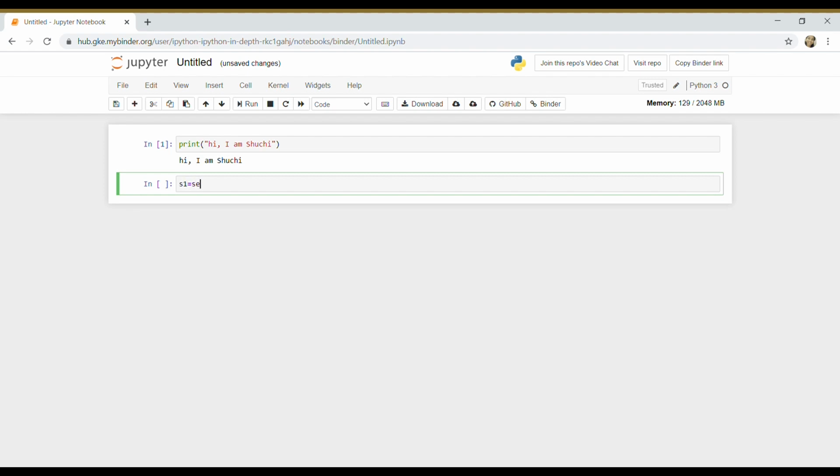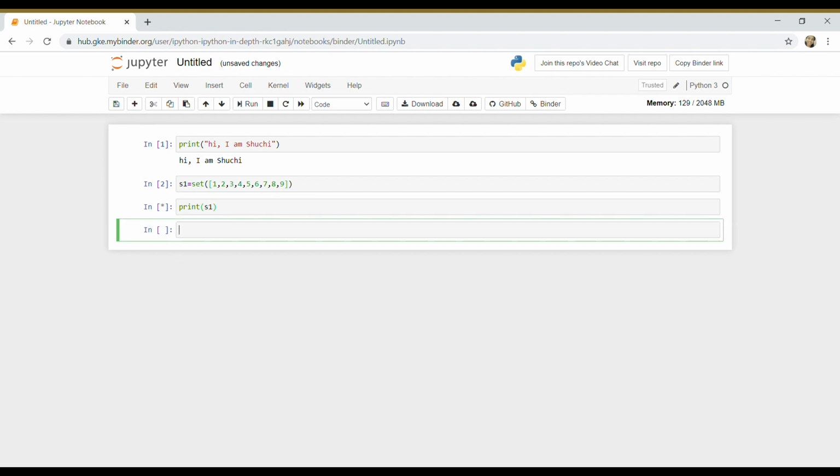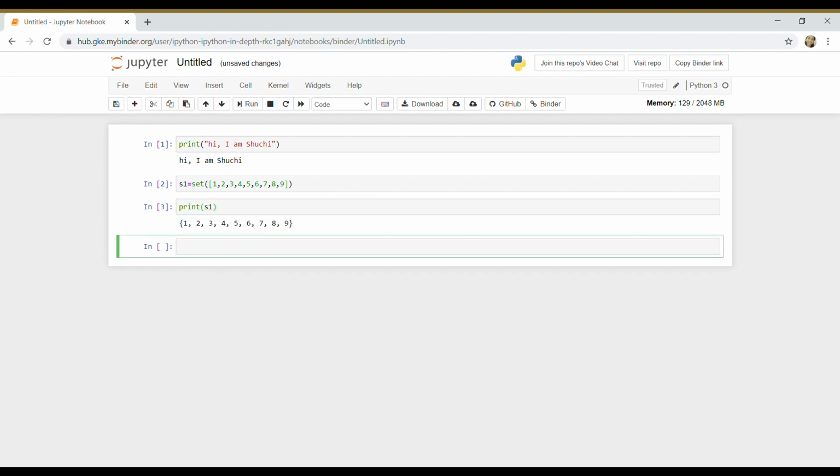We can create a set by passing a list of values to the set function, like this. Or by simply writing the elements in curly brackets.